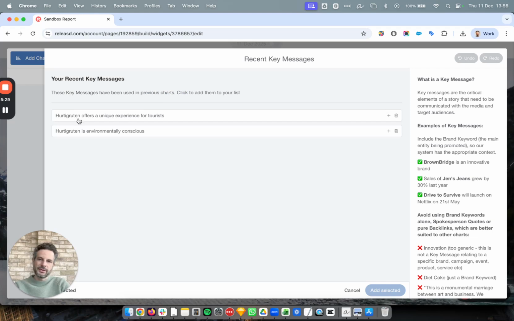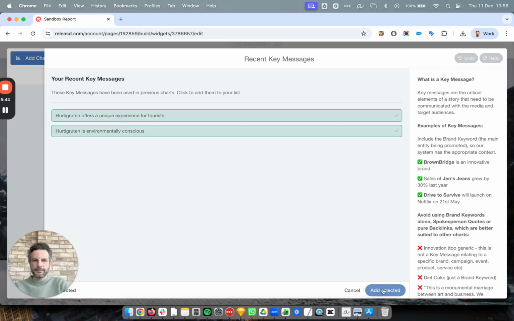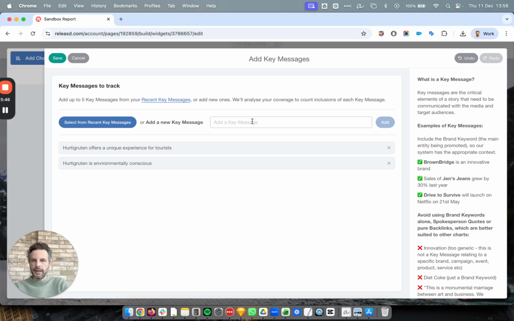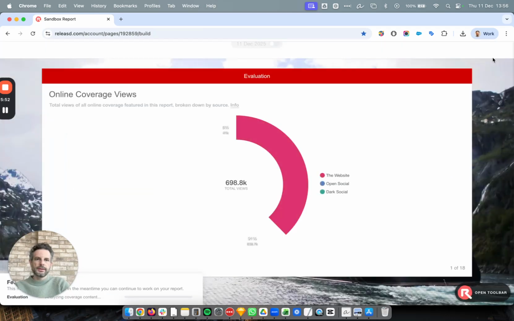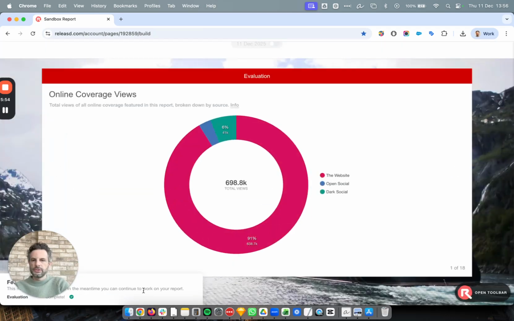Hurtigruten, which is the name of the cruise company, offers a unique experience to tourists, and Hurtigruten is environmentally conscious. So these are concise, pretty simple, clear messages. You can add up to 5 that you want to track. And I can add more in here. That's it. Now we've prepared the widget, we can click save, and it will then go off and do the